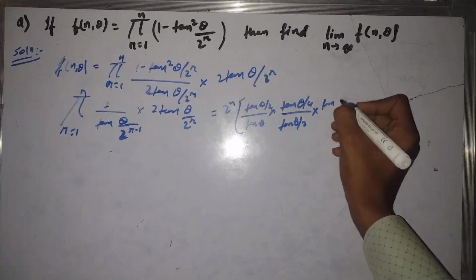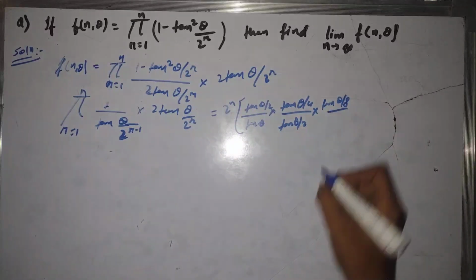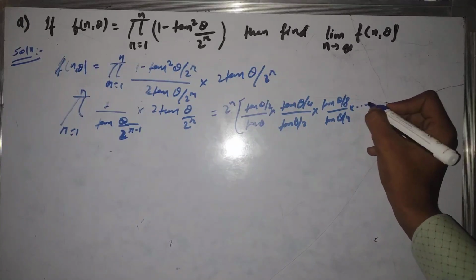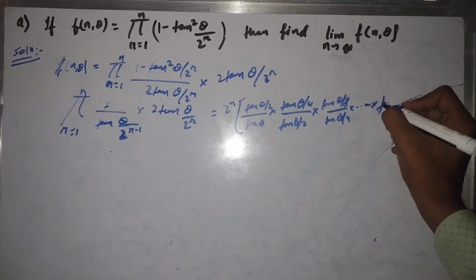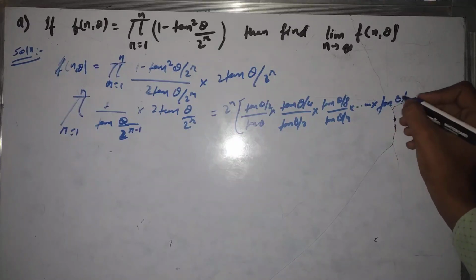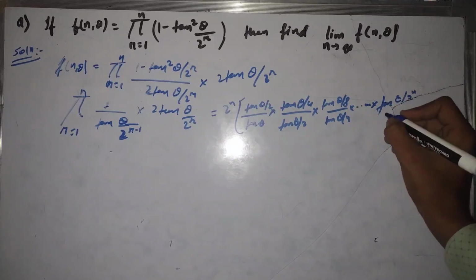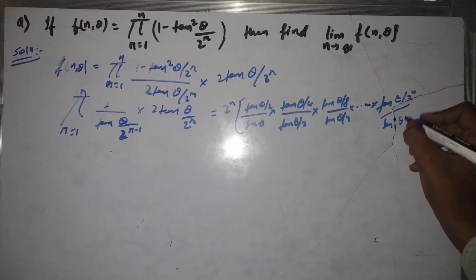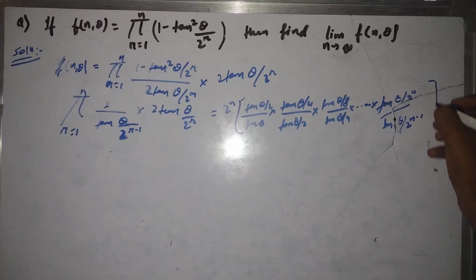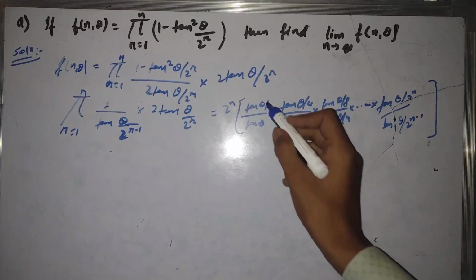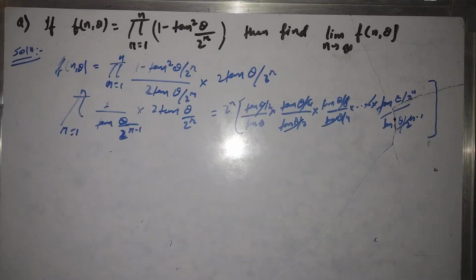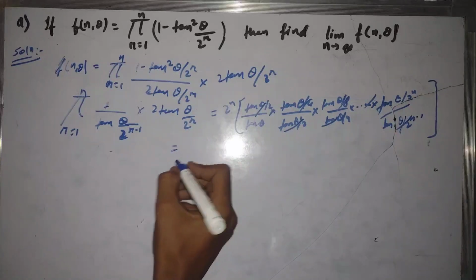Here it is tan theta by 8, and here it is tan theta by 4, all the way up to tan theta upon 2 to the power n divided by tan theta upon 2 to the power n minus 1. Now we can see that everything will be cancelled, and we will be left with